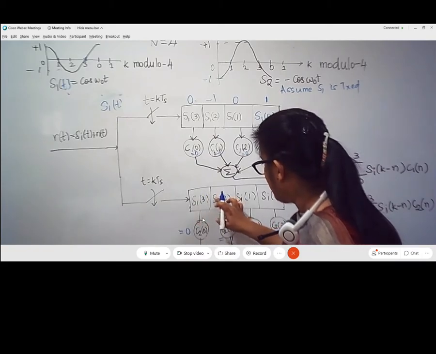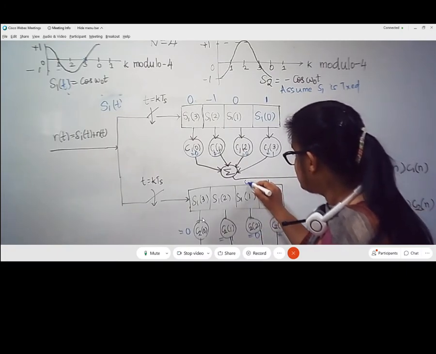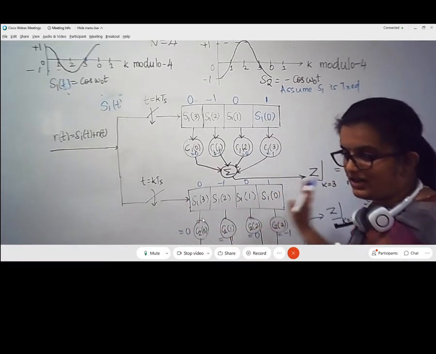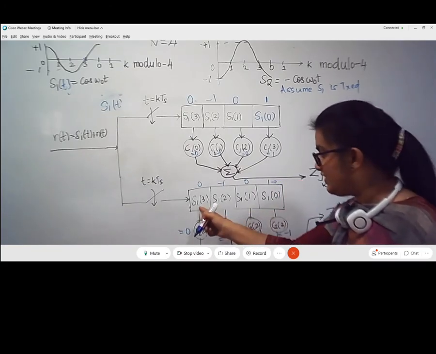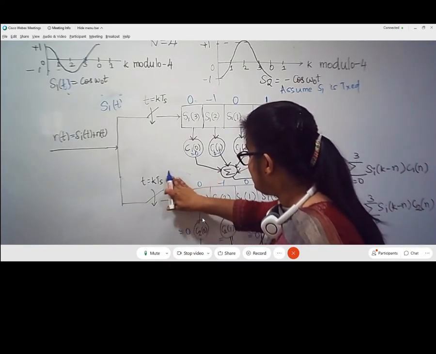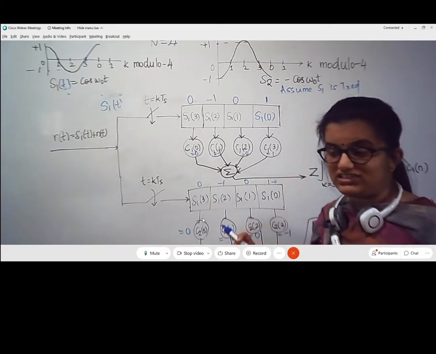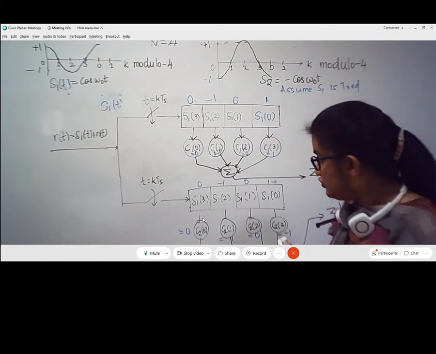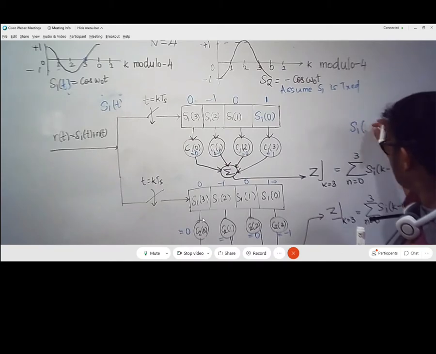Similarly, the same S1 will also be fed into the second channel. Plus 1 will be fed, 0, minus 1, 0. Why I am writing like this from right to left is because, please understand, this is the first sample that I am going to get, and that is fed into the shift register. So whatever value of n, or k minus n, that you are taking will help us in identifying for how long it has been existing within the shift register. So when I write S of k minus n, that is S1 of 3 minus n.